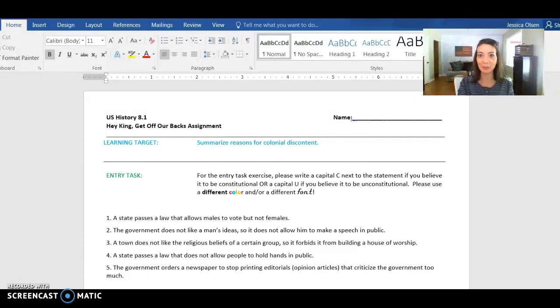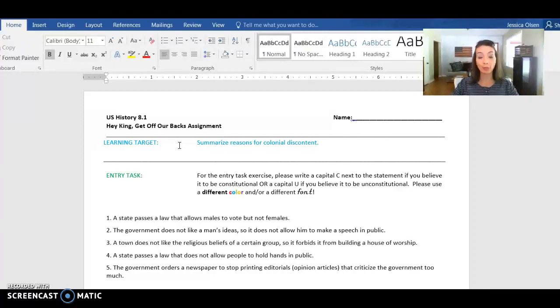And redundancy, I suppose, in teaching has a little bit of a purpose so that you hear the same thing over and over again. Makes it stick in your head, even though it might be annoying. So the learning target is, again, summarize reasons for colonial discontent. So the United States, the 13 colonies were colonies. They were not states yet. And the United States as a country really hadn't been born, if you will. It didn't exist. They were just the 13 colonies that belonged to Britain.